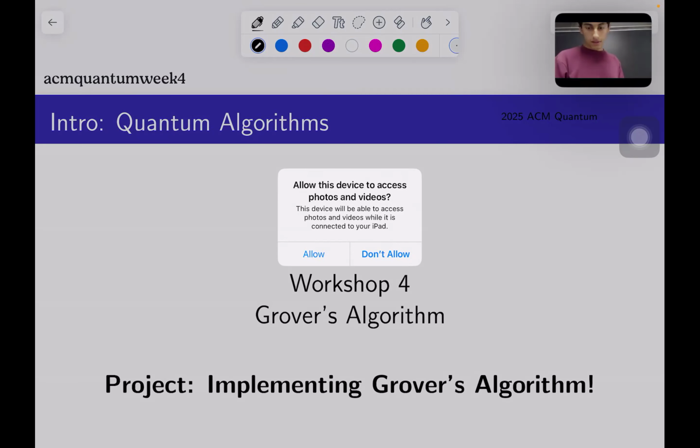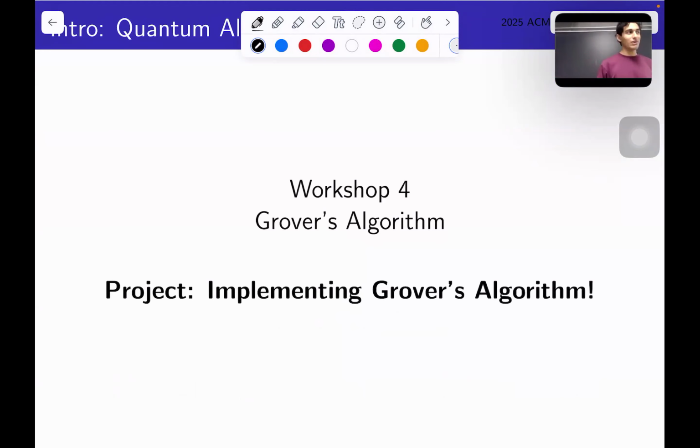Okay. All right. Hey guys. So today we'll do Grover's algorithm. Last time we did the Deutsch-Jozsa algorithm, which was like the introductory quantum algorithm. Now we'll be doing a new algorithm called Grover's algorithm. Its goal is pretty much to search for an element in a database in a quantum way, and we'll see